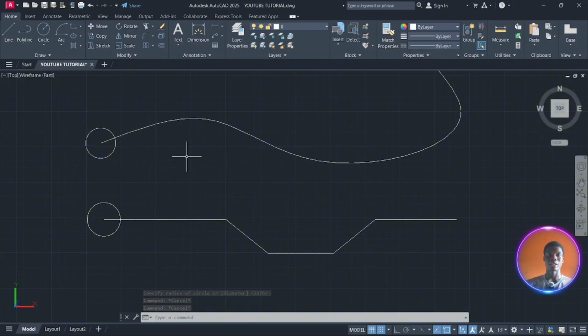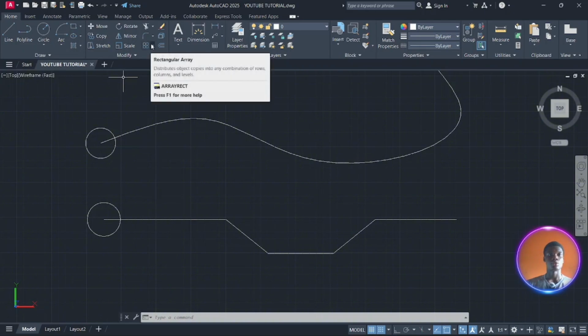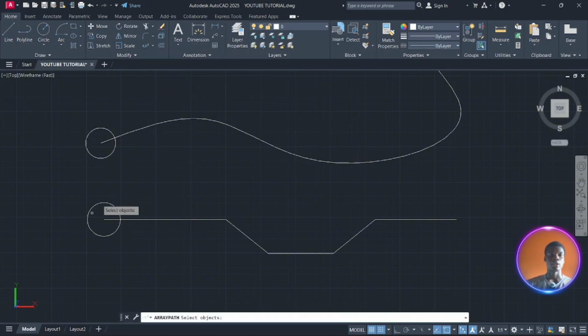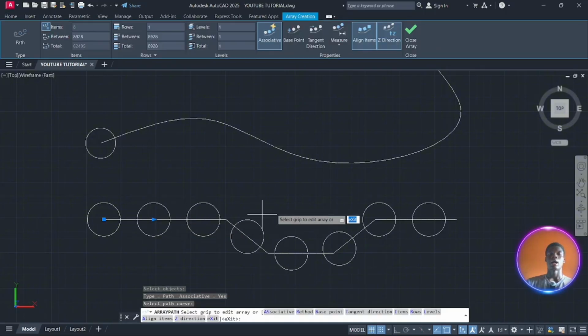The easiest way to do that is to use the array tool, because if I want to be copying and pasting it around, I might not get it accurately. Okay, so I'm going to come right here to this drop down and click on path array. Now it's prompting me to select objects. So I'm going to select this particular object. Okay, and I'm going to click on enter. Now it's telling me to select the path curve, that is the path that I want it to multiply on. Okay, so I'm going to select this path, and as you can see, it has